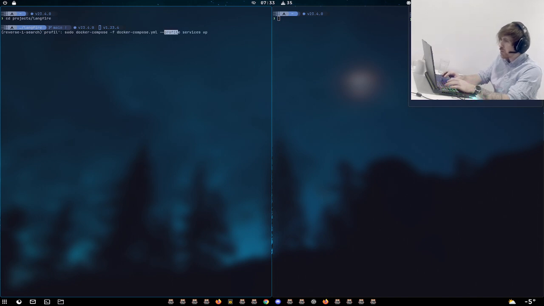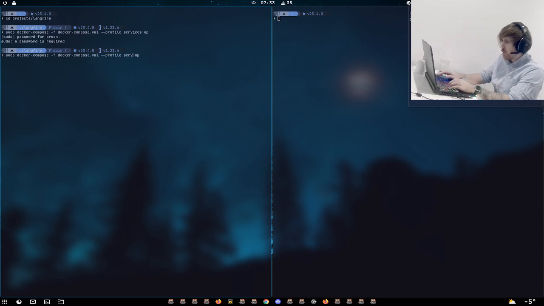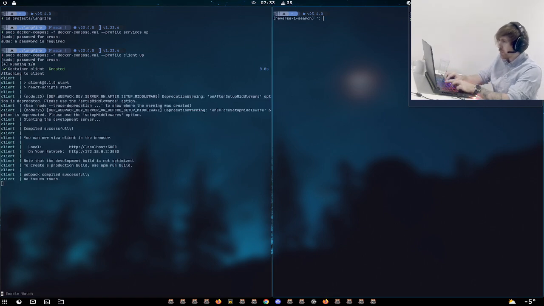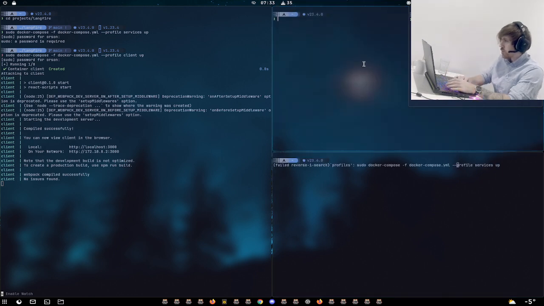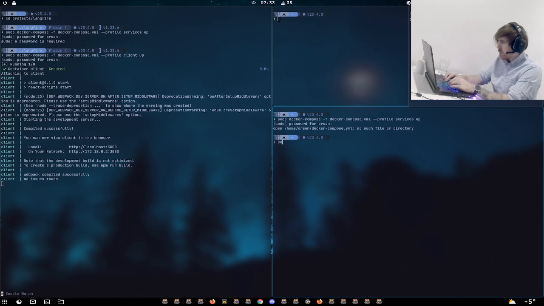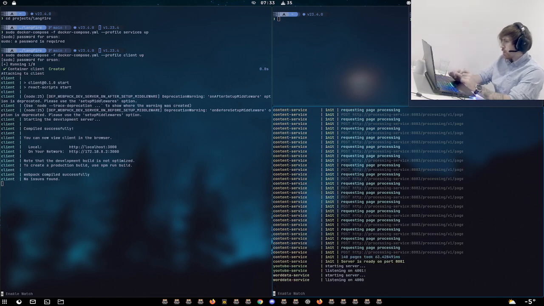Profiles. That one, but let's not do services on the left. Clients. Yeah, okay, that's working. You can't see that, so let's do it like this.